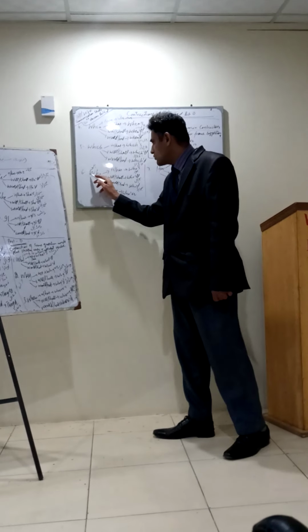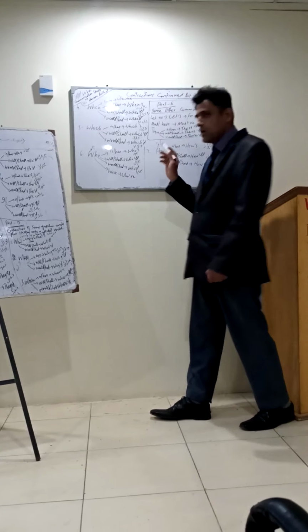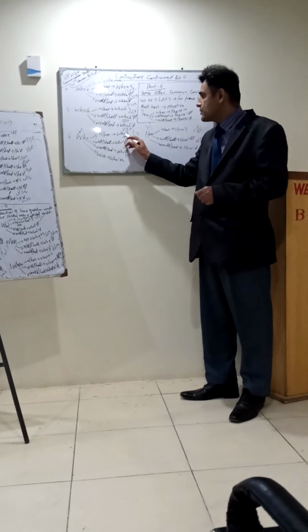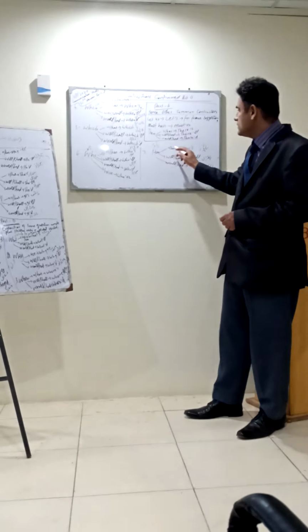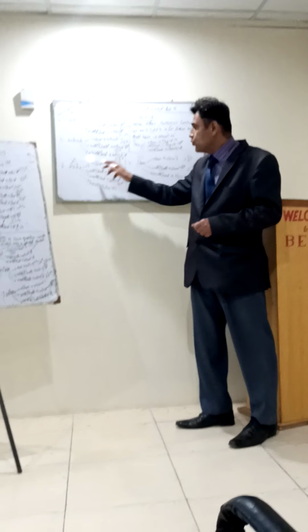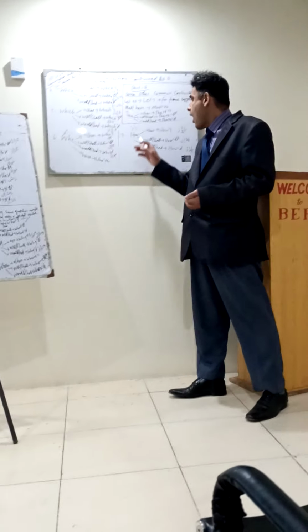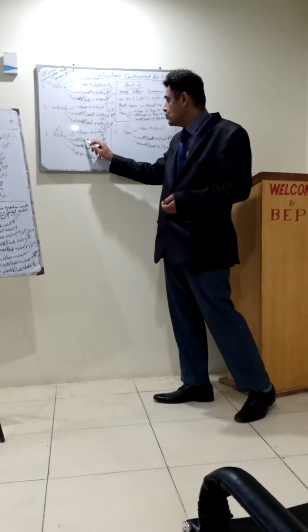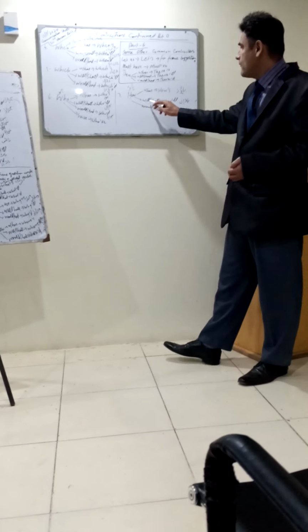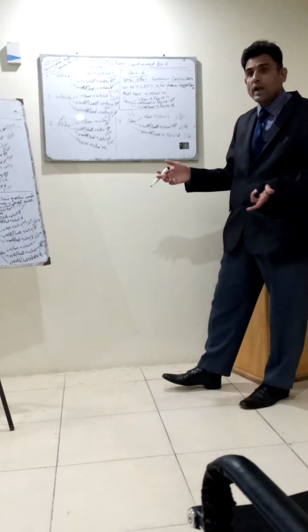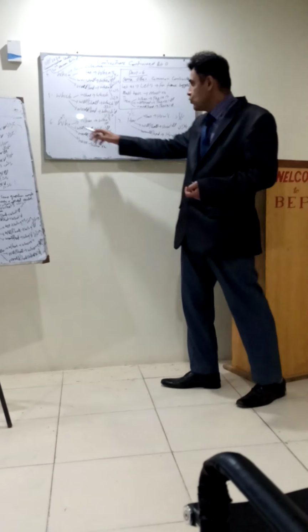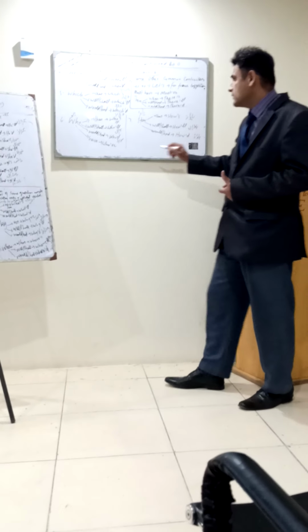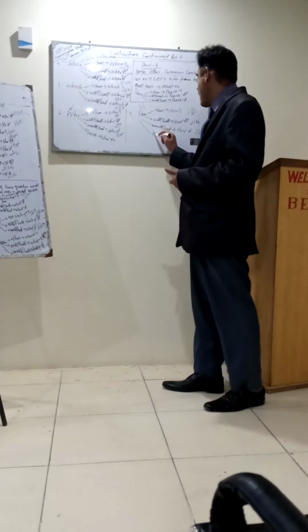Next, there are two words which are very confusing, who and how. I will teach you both collectively. Who is or who has is pronounced who's, and how is and how has, how's. For example, who is he? Who's done this work? How's done this work? Who will, who shall, who'll do this work? How will and how shall, how'll. Who would or who had, who'd. How would or how had, how'd. Next is who have, who've, how have, how've.